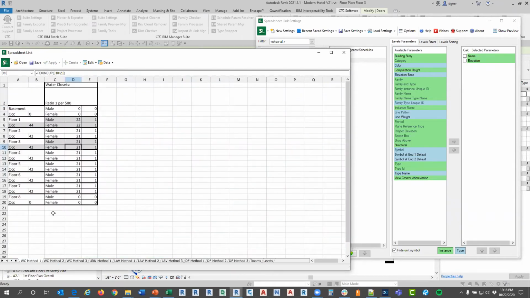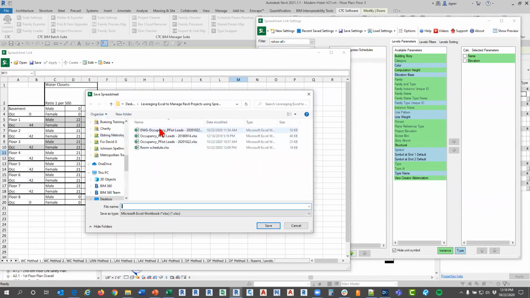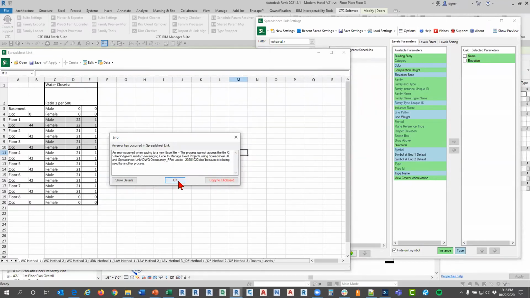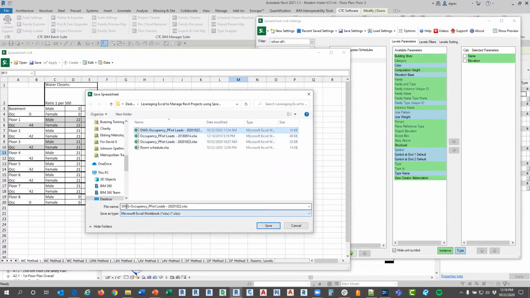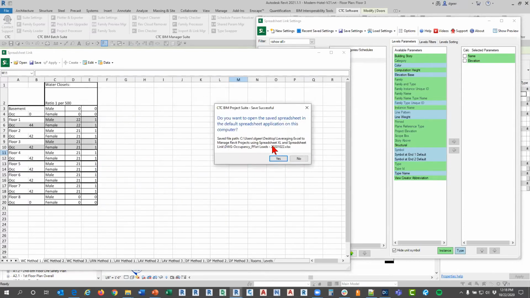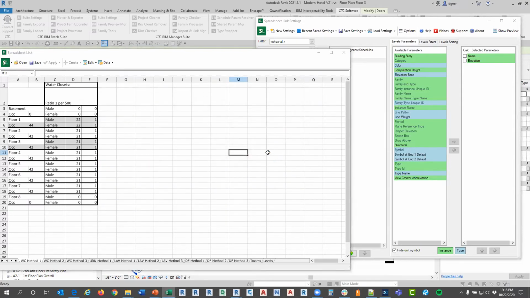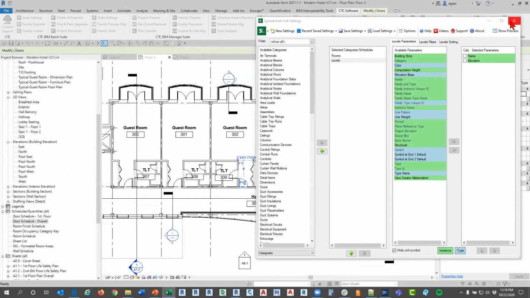Well, that's great, Dave, but that only gets me in Excel, right? And so I want to go ahead and save that. I'm going to save that to an Excel spreadsheet so that I can leverage this. Helps if you're not in the Excel spreadsheet that you're trying to save. All right, so now that I've saved that,